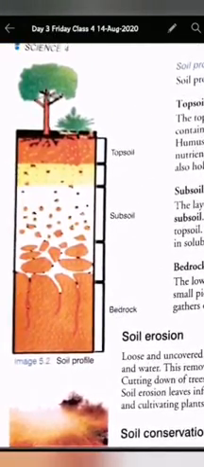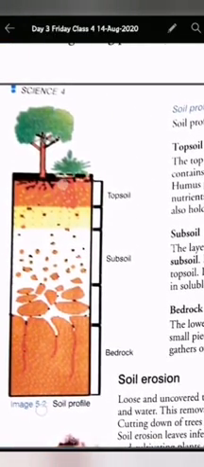So you can see in the picture topsoil. In topsoil we have studied that the roots of plants are present in that layer, and after the topsoil there is subsoil. Subsoil is rich in minerals, and it has less humus than topsoil. Bedrock is non-porous. It has small pieces of rocks, and the rainwater gathers here and forms the water table.